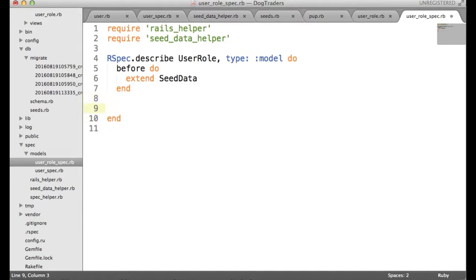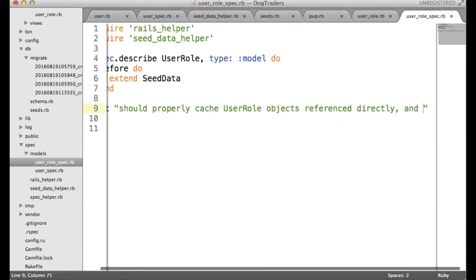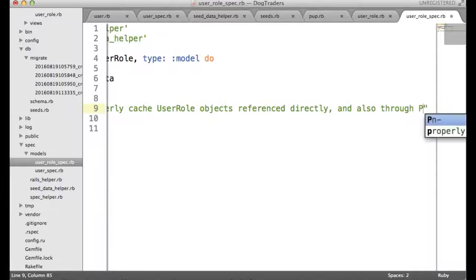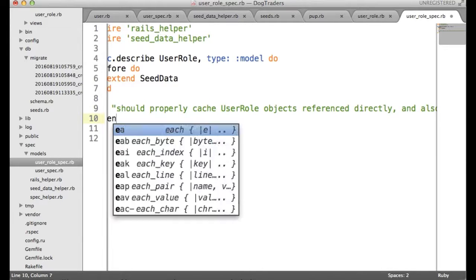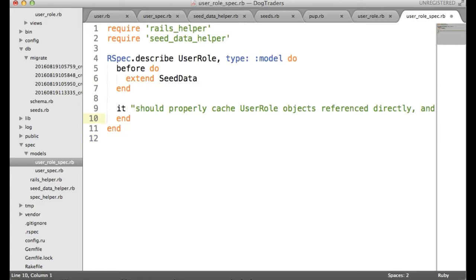And this is the thought. We have a caching problem potentially that could exist. It should properly cache user role objects referenced directly and also through pup. What does that all mean? What we're up against here,